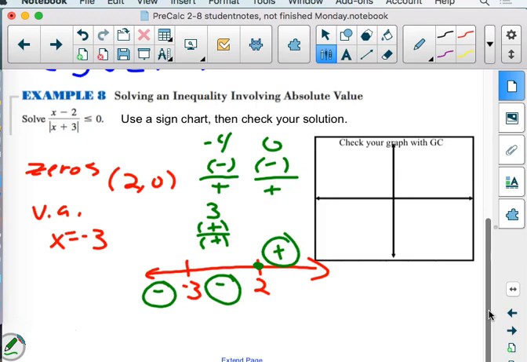Let's see here. So what does this mean in terms of our graph? We've got a vertical asymptote right there, and we have a 0 at 2, 0. And this is telling us to the left of -3, everything's going to be negative. Like that. From -3 to 2, it's going to be negative, then it's going to cross and become positive. Well, asymptotes are asymptotes, so it should